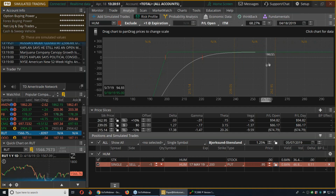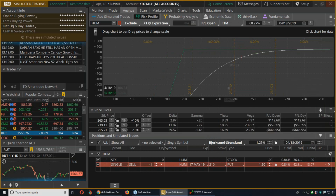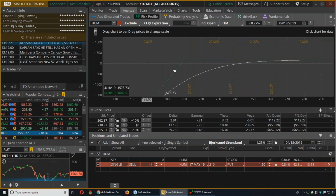If that stock continues to move higher to 245, I could sell the 210 contracts. So I would just move this to the next month and I would go to the 210. And now I can go ahead and restart the clock, and it would just continue doing that same process. Now, the closer and tighter you are to the current price, the more that you can make on your premium,